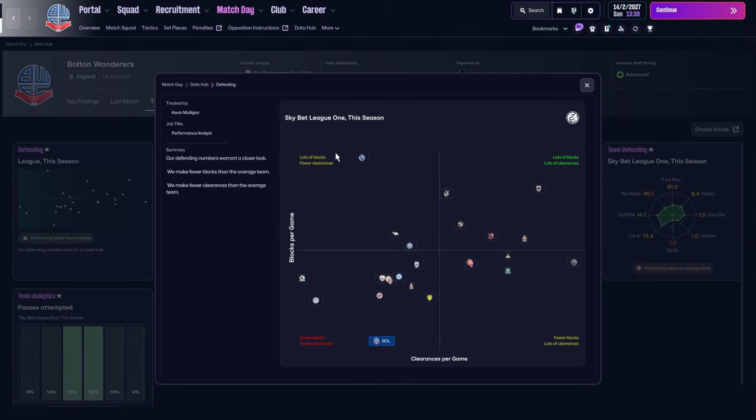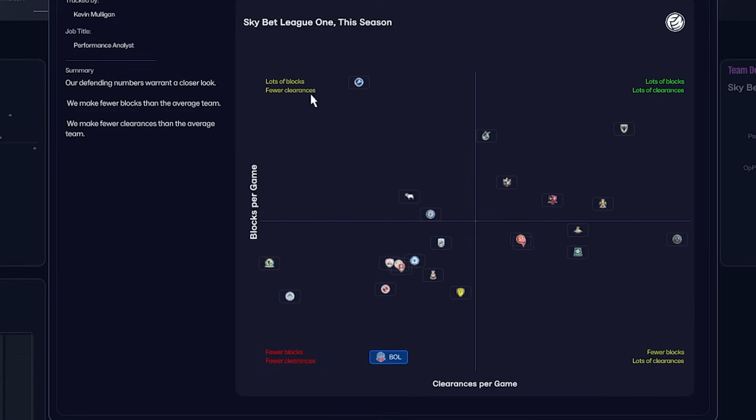The first top left quadrant here is for the teams that have a lot of blocks and fewer clearances. This may be teams that defend in low blocks. The top right corner here is lots of blocks and lots of clearances. So these are teams that defend in low blocks and actually make clearances. The bottom left shows you teams that make fewer blocks and fewer clearances. A lot of teams are in this category, and then there are fewer teams in fewer blocks and lots of